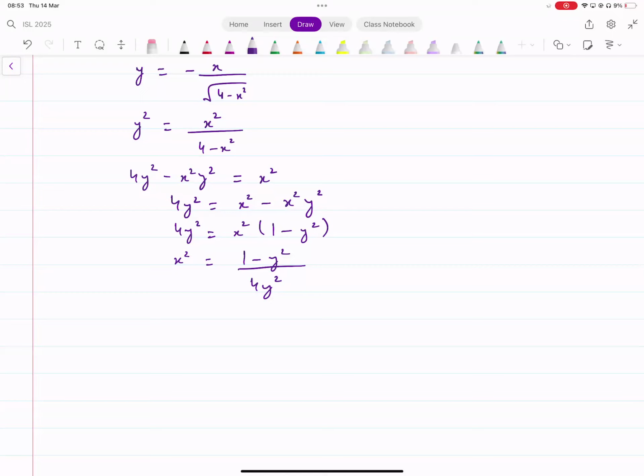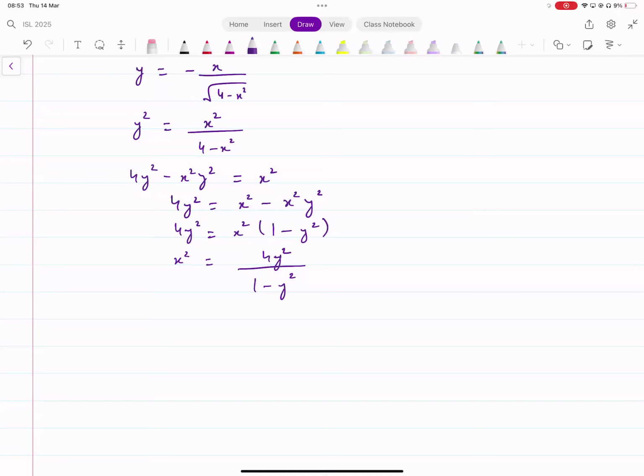Okay, the other way around। I'm sorry, it's 4y squared over 1 minus y squared। ठीक है, this is what x squared is equal to।